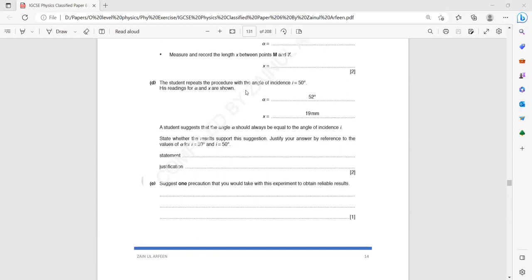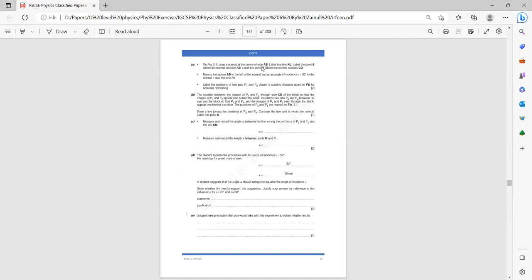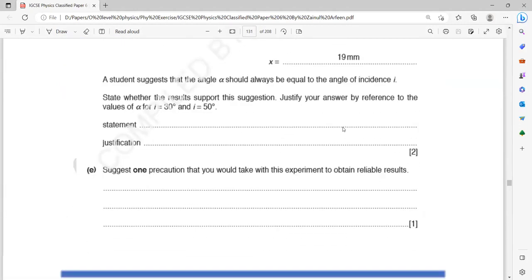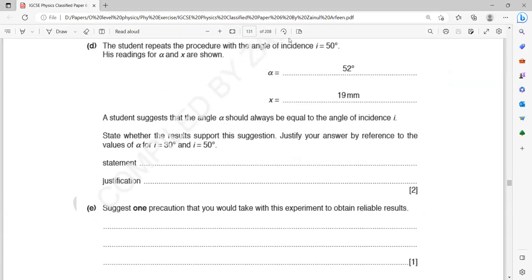Then in part D, the student repeats the procedure with an angle of incidence 50 and he got alpha as 52. The student suggests that the angle alpha should be equal to the angle of incidence. So the student is saying that the angle of incidence should be equal to alpha. That is the student's conclusion. You state whether the results support this suggestion and justify your answer with reference to